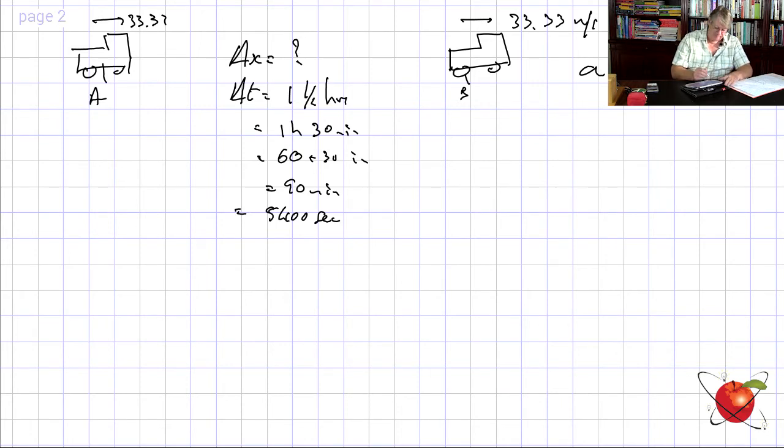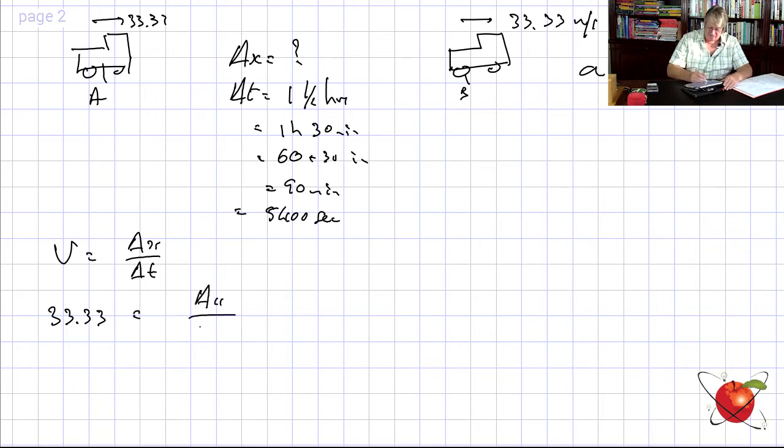Well, velocity is equal to delta x over delta t, isn't it? Velocity is 33.33, which is equal to delta x over 5,400. Therefore, delta x must be equal to